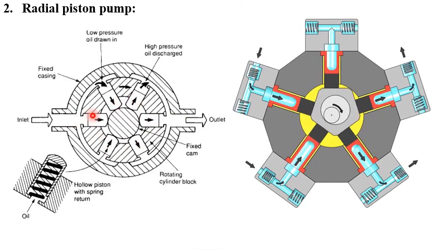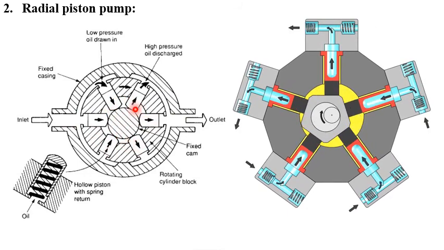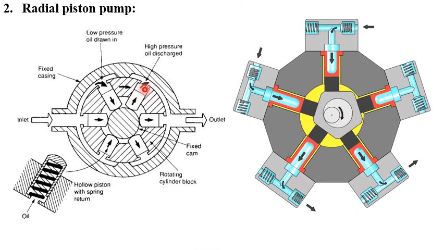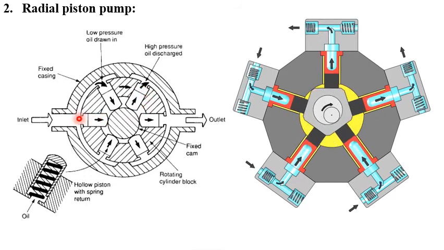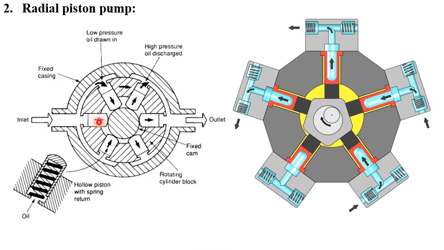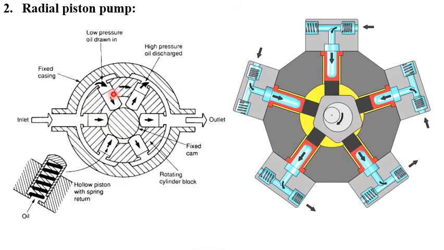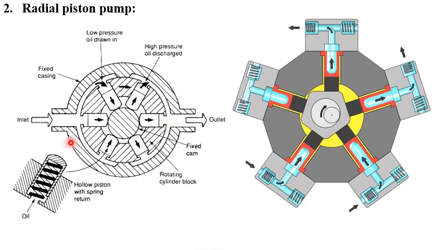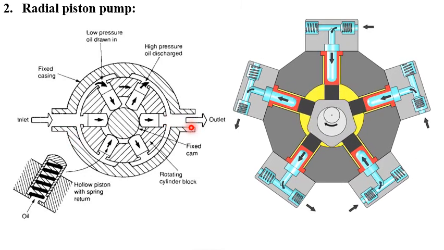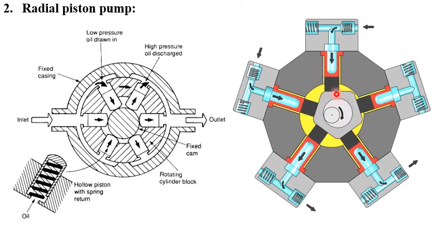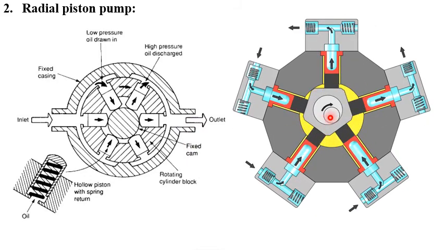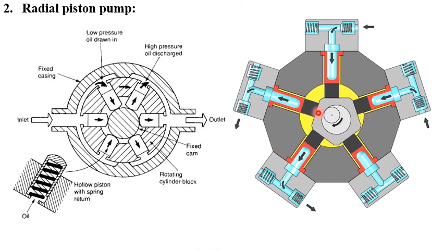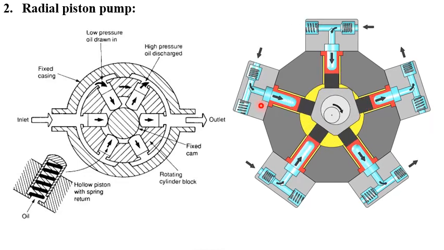As the rotor rotates, because of centrifugal force, the pistons are moved in and out, and suck the liquid and push the liquid. When the piston comes to the inlet, suction. When the same piston goes to the outlet side, the delivery happens. Suction and delivery happen like this. And this is the working animation. Look at this. This cam is rotating. Because of cam rotation, the pistons are moving in and out, so inlet and outlet happen.